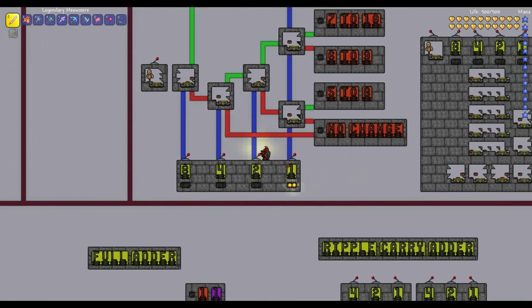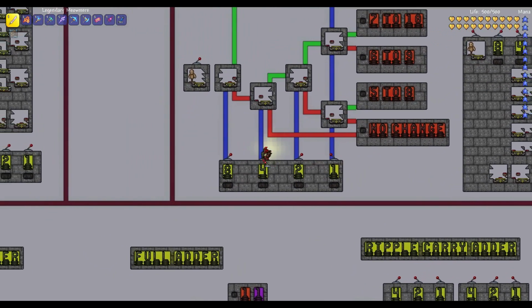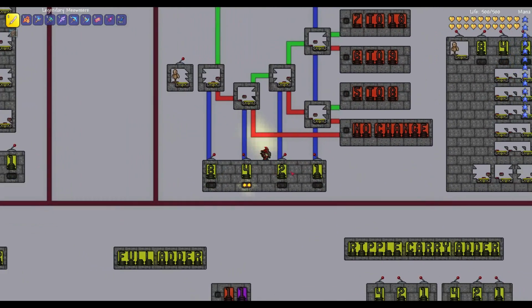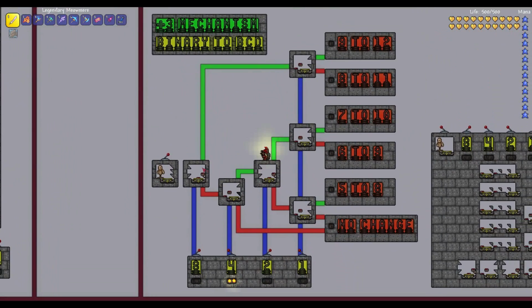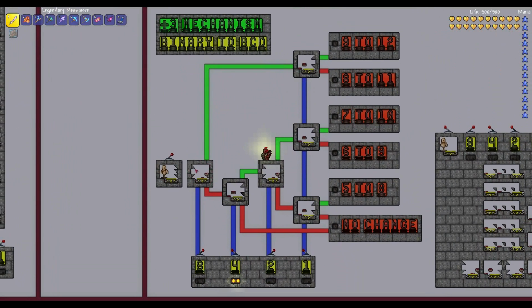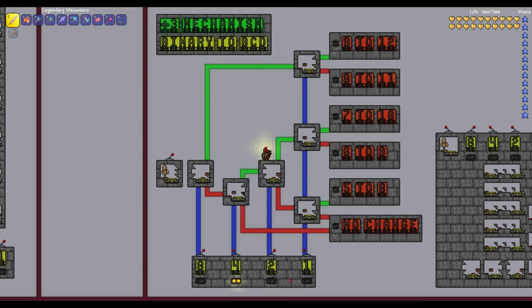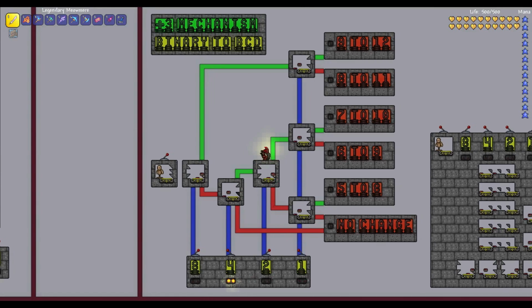However, if that 8 is off, and the 4 is on instead, then the dummy ghost will take a path through here, take the bottom path to this module, and now since 4 is in the on state, we'll take the top path to this particular module. Now if 2 is off and 1 is off, then we'll just take the bottom path and take the bottom path as well, and there'll be no change, because as we just said, if it's 4 or less, that'll